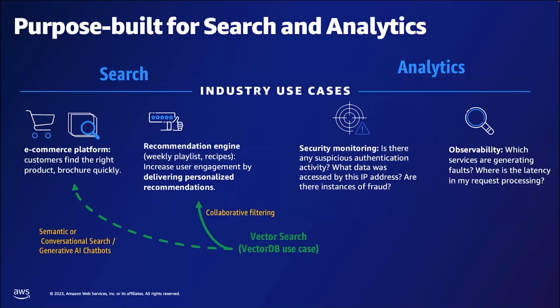Now, if I try to tie this with the gaming data, it could be the chat happening amongst the players, or it could be showing similar players who might be of the same interest as you. And when we talk about vector engine capability and the logs, it could also be used to recognize patterns for fraud detection, such as players who are cheating, or it could be inference coming out of natural language during the conversation among the players.